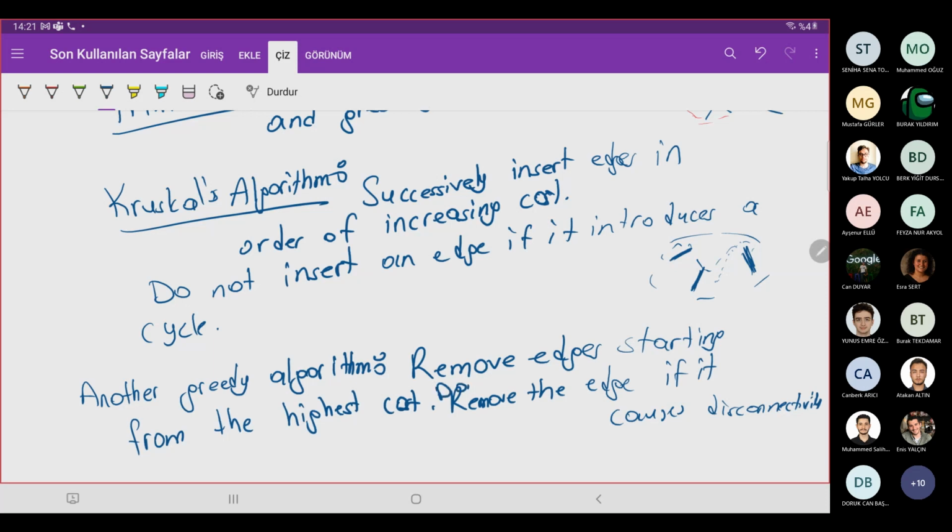Okay, the edges that I remain with are, sorry, not remove. Don't remove the edge if it causes disconnectivity, because if it causes disconnectivity at that time, then it's a cut edge, and we want a tree in the end. So this is like the reverse of Prim's algorithm, and the edges that you end up with, that you cannot remove anymore in the remaining ones, are the ones that are in your minimum spanning tree. Okay. These are three very simple examples of greedy algorithms, but very nice examples for you to be able to grasp the nature of greedy algorithms.